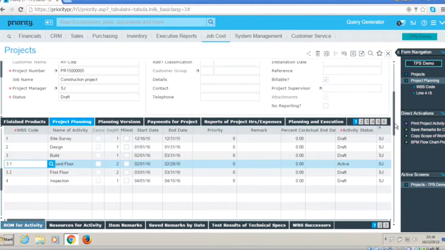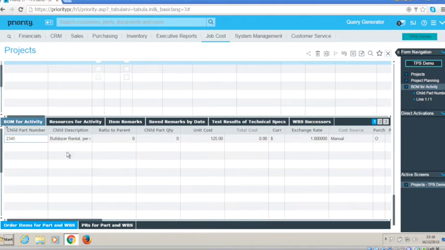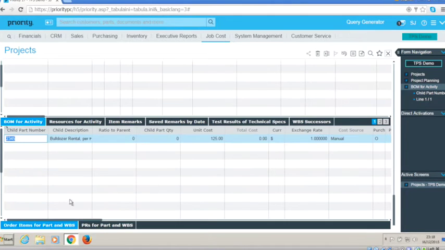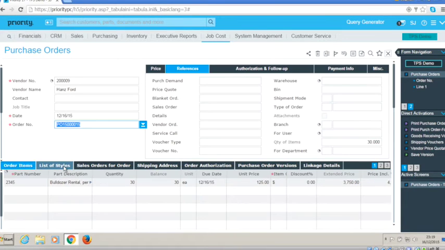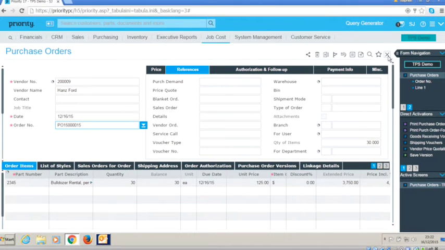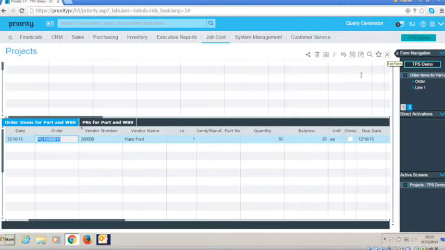and if we drop down further, from the BOM for the activity to the order items per part, here you'll see the actual purchase order that got created. And if we want to drill right into the purchase order itself, then we have the drill down capability in Priority in order to inspect the purchase order. Okay, I'm going to come out of the purchase order and go back into the project that we were working